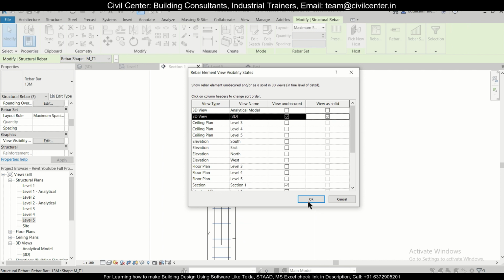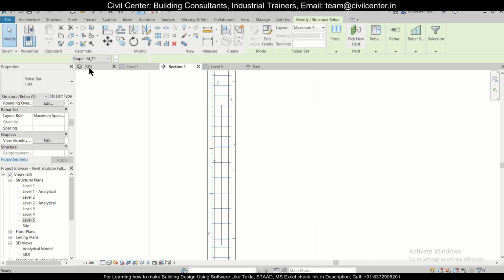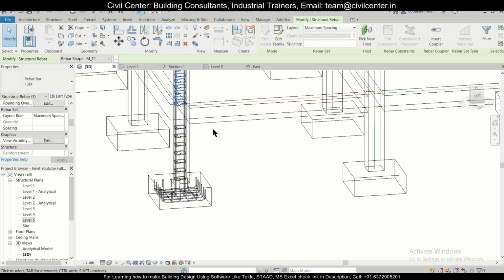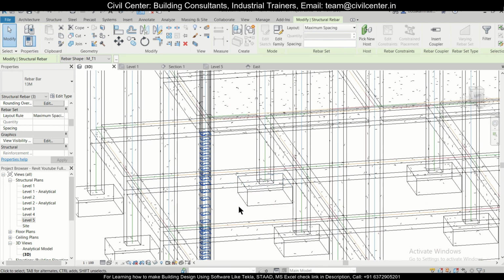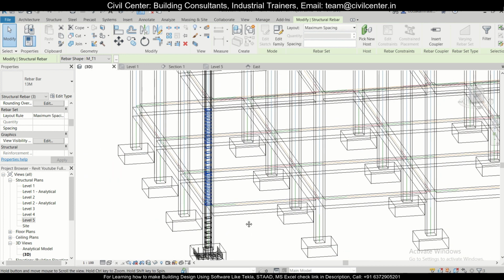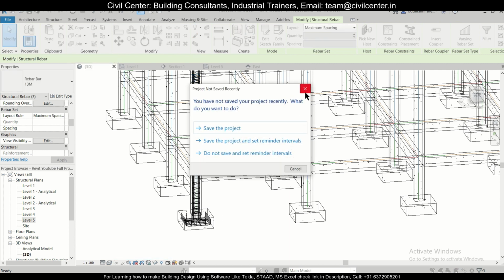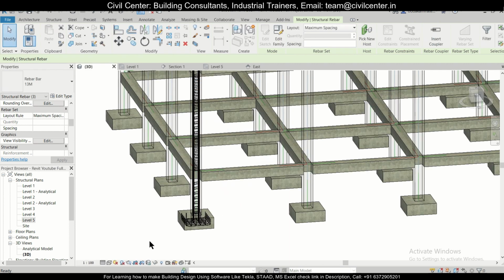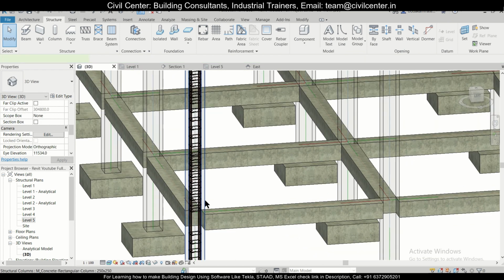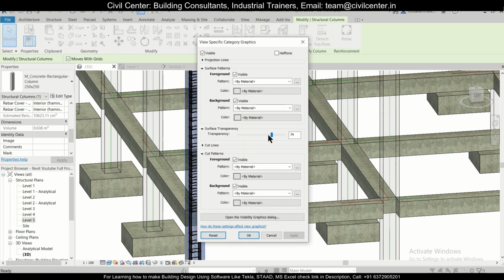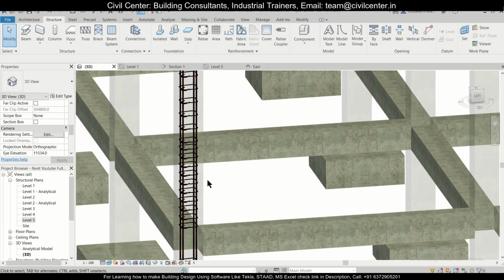Already these 2 are selected, and after that let's see the view in the 3D view. So in the 3D view it's looking like this. Yeah, so it's looking like this in one of the floors. If we just turn on the realistic view just to have a better look at this, we'll not save it right now. So yeah, you can see this. If you just increase override graphics in view by category, and okay, this little bit we just reduce this, and you can just feel it better.